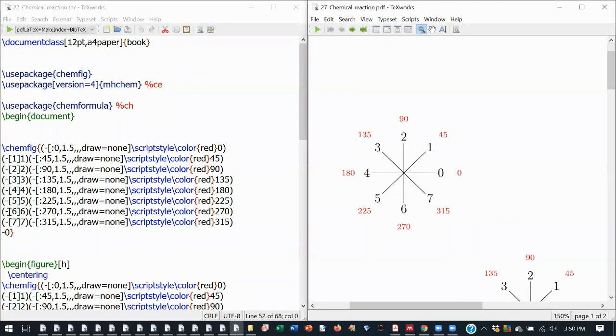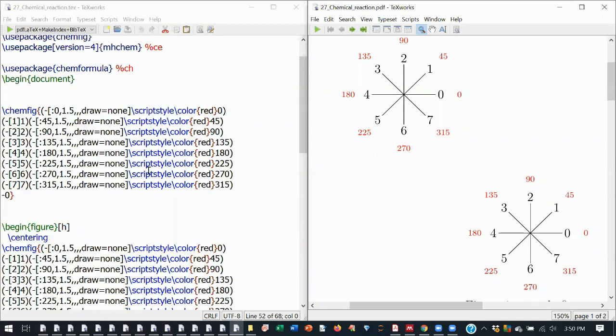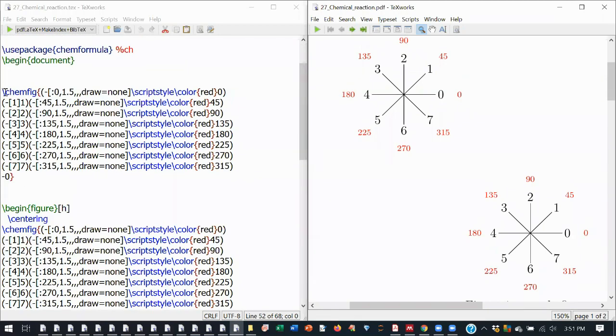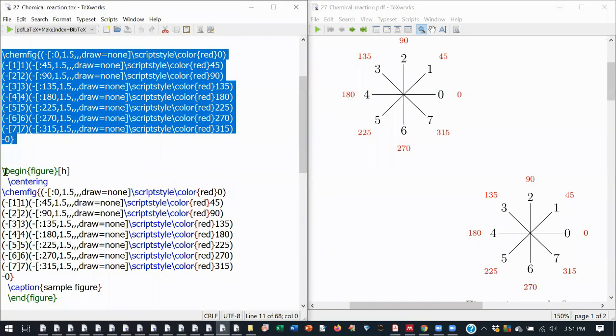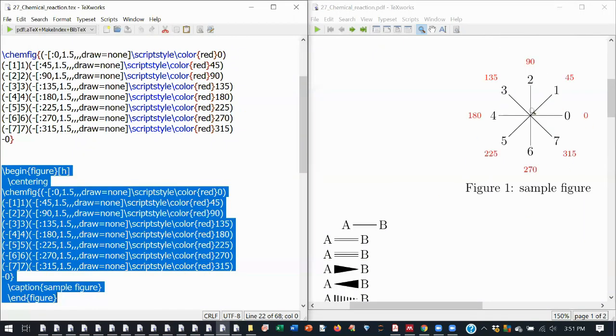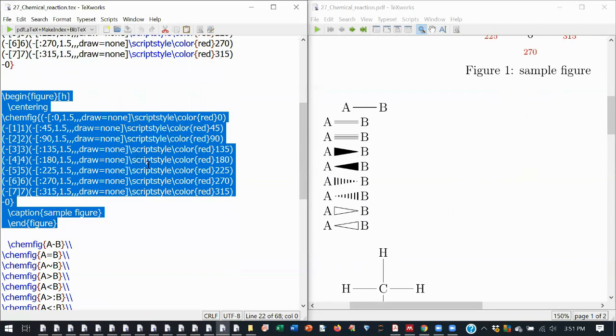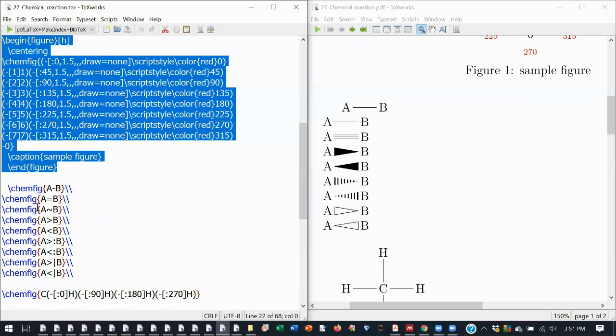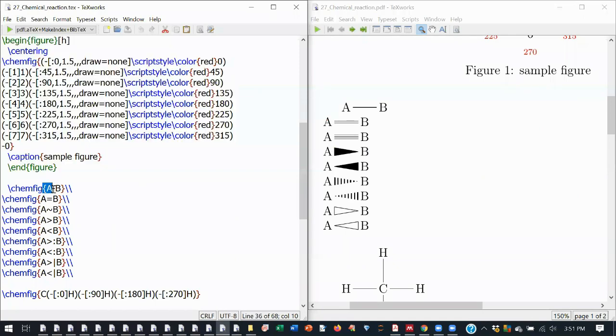If you want to draw something like this, you will get these kinds of equations. This is chemfig, and you can also put it inside the figure environment so that it will have a caption. If you want to put this as a figure, you can have a caption. You can see the symbols for a single bond, double bond, and triple bond. You put a hyphen, which gives a single bond, and that comes from the package chemfig. Then this is for a double bond, this is for a triple bond, these are different symbols.